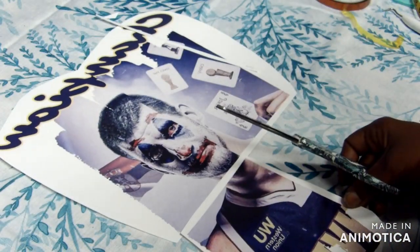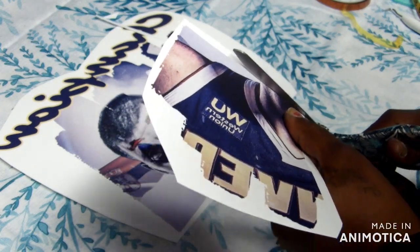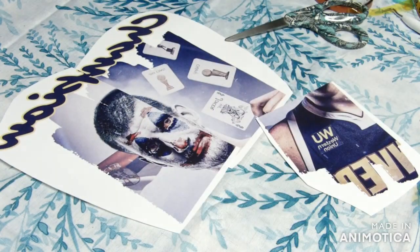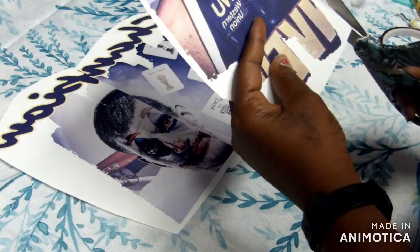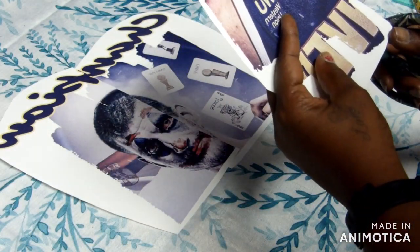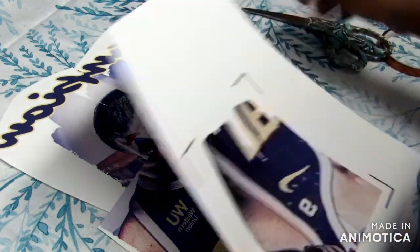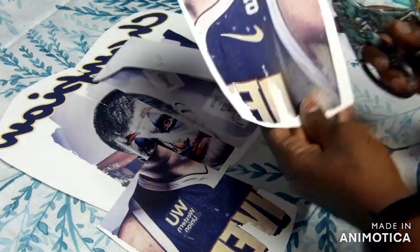after I have cut around the image and around the sides, I leave an edge out so I can paste it together. So as you see on some of those images, I have that one little corner piece that I have not cut all the way off of two sides of the papers. Now watch, I'm cutting off the edge,